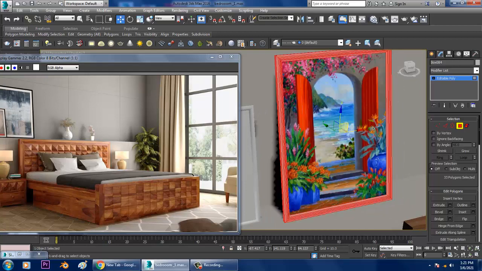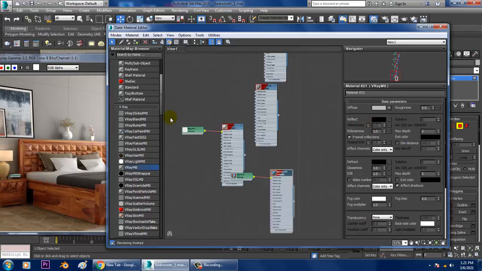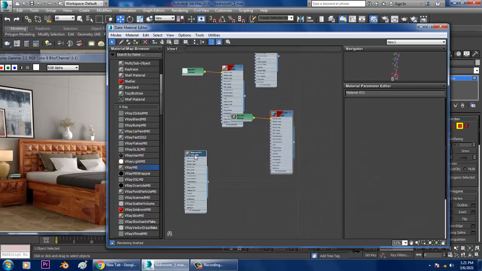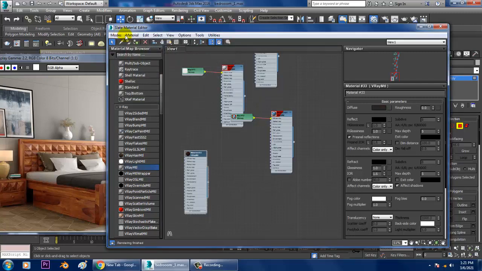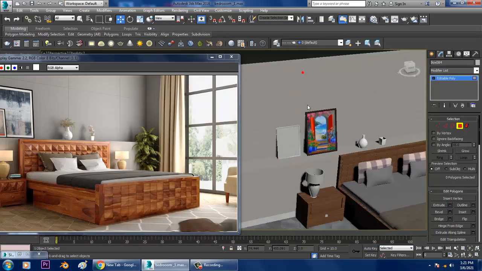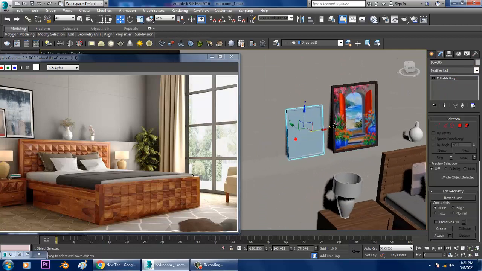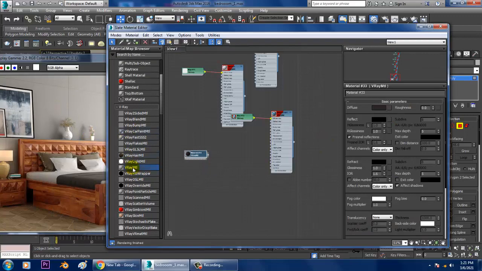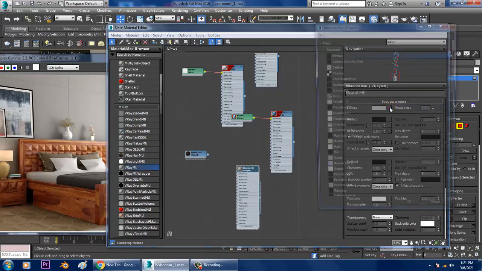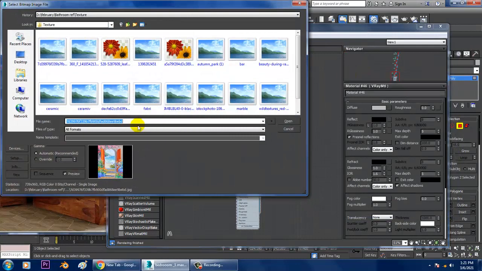So let's inverse this. Let's go into material, take a V-Ray material and let's give a bit of a darker color to it. Assign that, come out of that, select this, go again into material, take a V-Ray material, go into diffuse, go into bitmap and let's do assign.